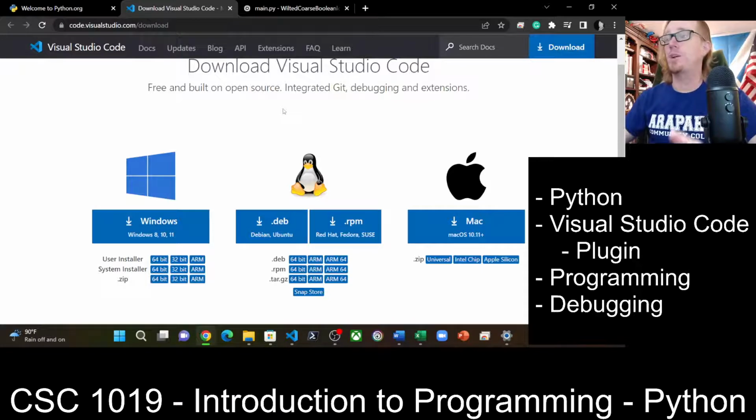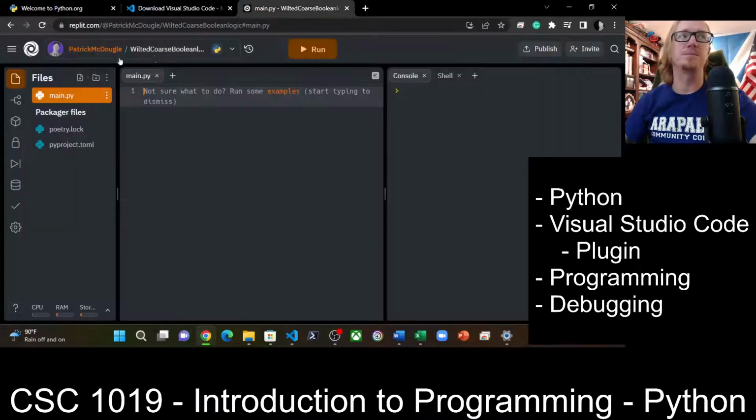But if you're on a computer that you can't install this stuff on, say you're using a sibling's laptop or your work laptop and you can't install stuff, there is a website you can go to. If you go to replit.com, create an account, and then in there you can create what's called a Replit. It's not quite straightforward,